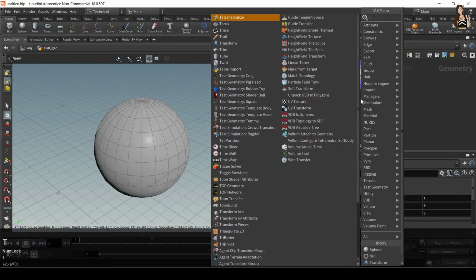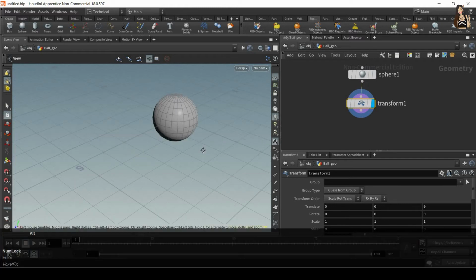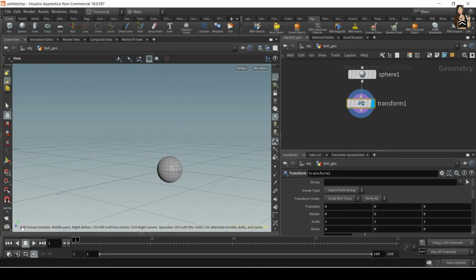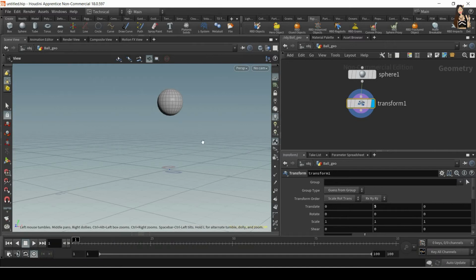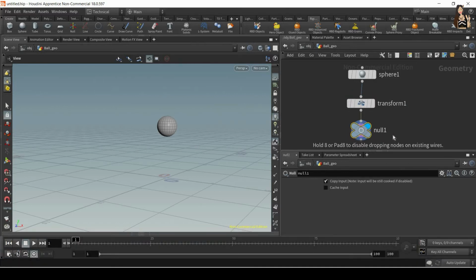And then I want to create a transform node after the sphere, make sure to display it, and I will slightly zoom out and move my sphere up, so in the y-axis. You can see the axis here, so we have x, y, and z. So I want to move it up, so it's the y-axis. The same in here, I have x, y, and z. So you can see we're using the Cartesian coordinate system, and I will use 5 in the y-axis, so it moved up. Okay, and the next thing I want to create is a null object, null node,